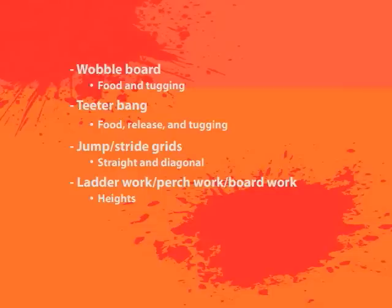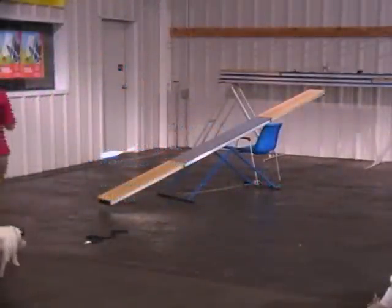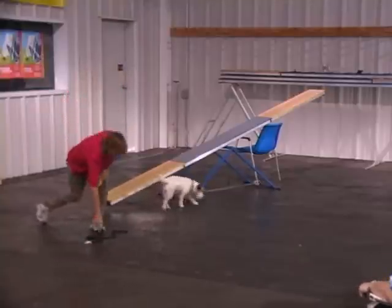Once I've got a dog comfortable with the surfaces moving underneath, I will start in a young class, the teeter. When I start it now, because of having to deal with a lot of dogs that are not so comfortable,